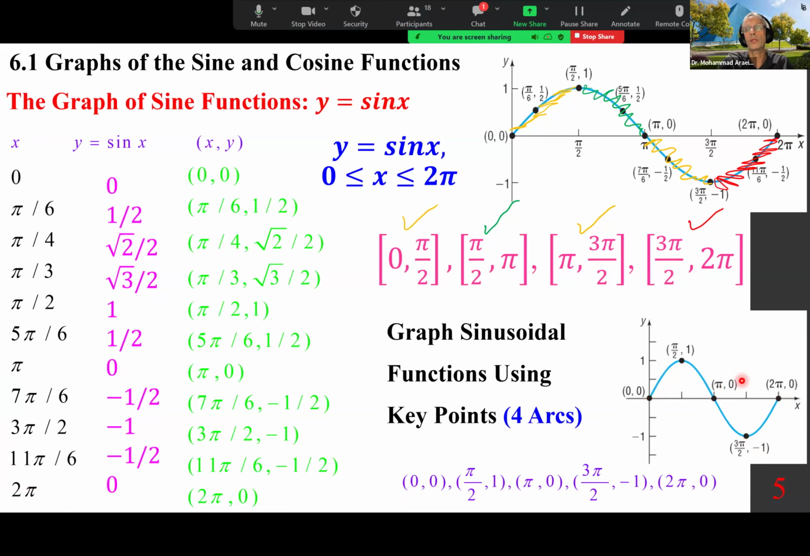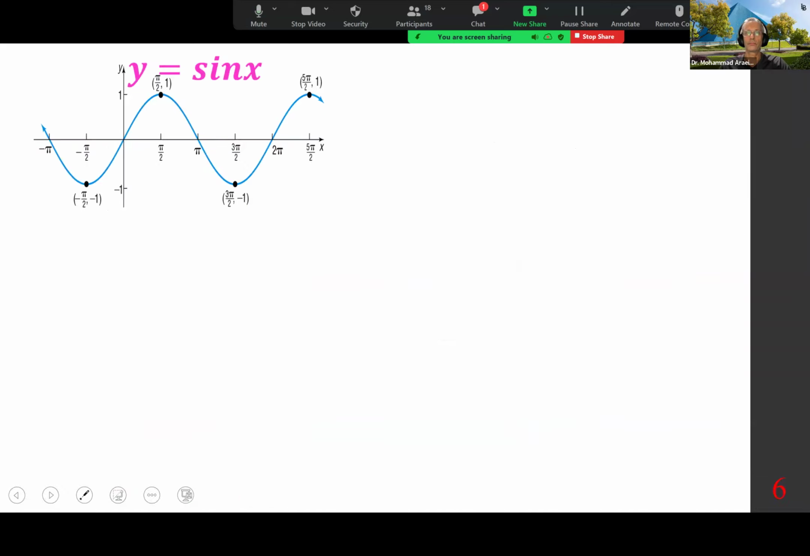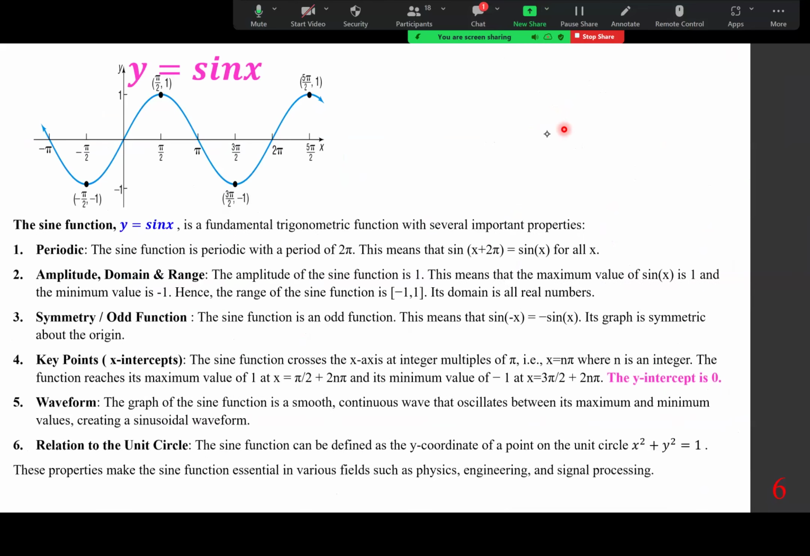1, 2, 3, 1, 2, 3, 4 arcs. This is what we are going to use. Ultimately, that's the fastest and easiest way to graph any sinusoidal function. So that's a graph. Needless to say, we can continue indefinitely on both sides, which gives rise to the domain being all real numbers. So the sine function, y equals sine x, is a fundamental trigonometric function with several important